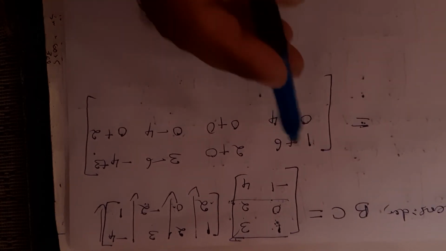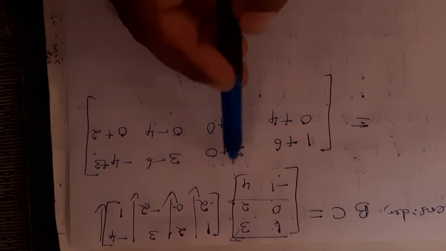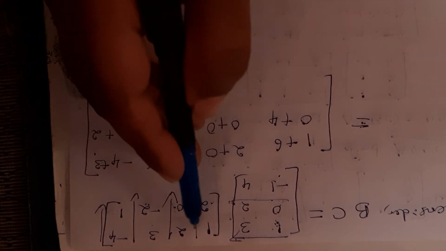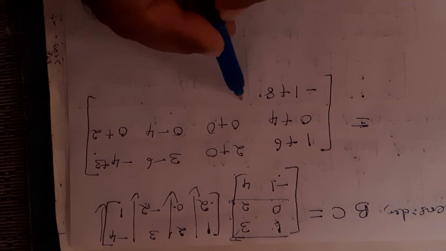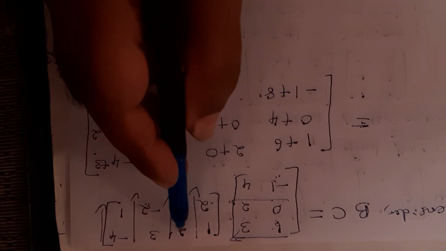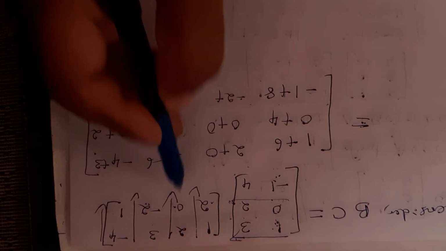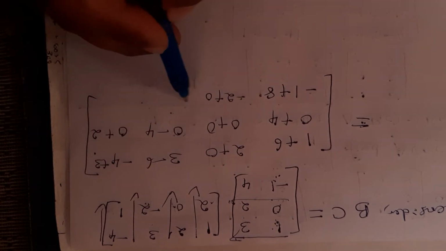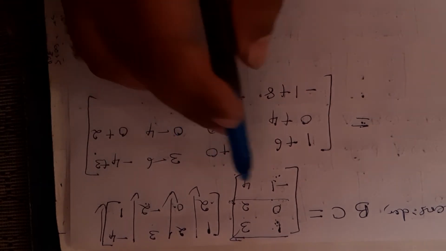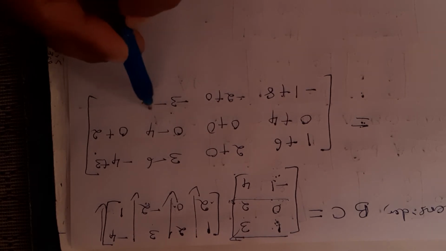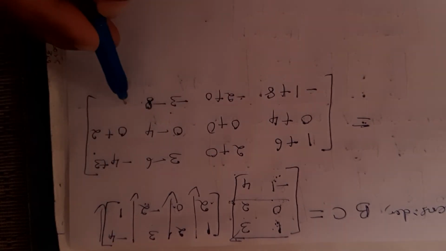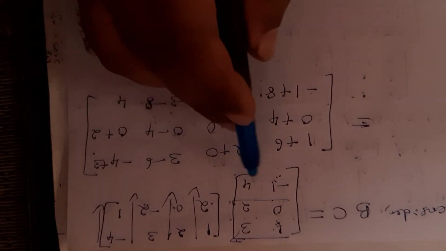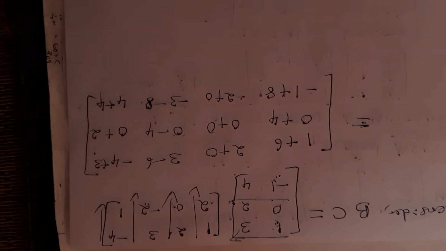Then the last row, see here, minus 1, 4. So we can do it here. Minus 1 into 1, that is minus 1, plus 4 2s are 8. Then minus 1 into 2, that is minus 2, plus 4 into 0, that is 0. Minus 1 into 3, that is minus 3. Minus 2 into 4, that is minus 8. Then minus 1 into minus 4, so that will be positive, that is 4. Then plus 4 ones are 4, that is plus 4.